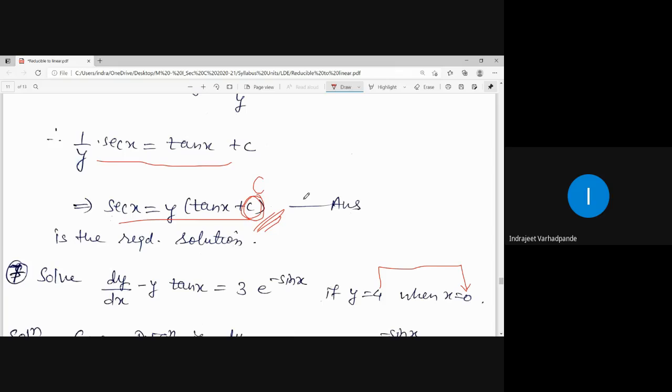So in all the previous cases, this solution was called the general solution. But here, after putting down the values of x and y, whatever value of the arbitrary constant c we get, we call that solution a particular solution. Why? Because after getting the answer, I am putting down the values of x and y so as to get the value of the arbitrary constant c, and that c will be replaced by a certain fixed quantity. When it is a fixed quantity, we call that solution a particular solution.